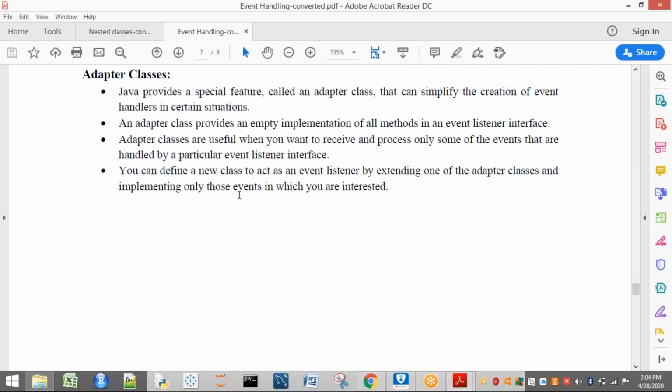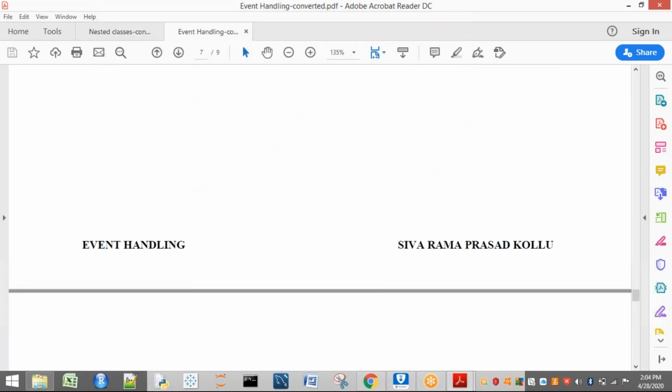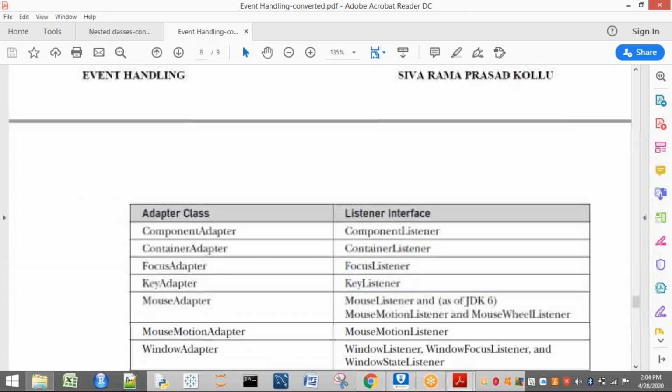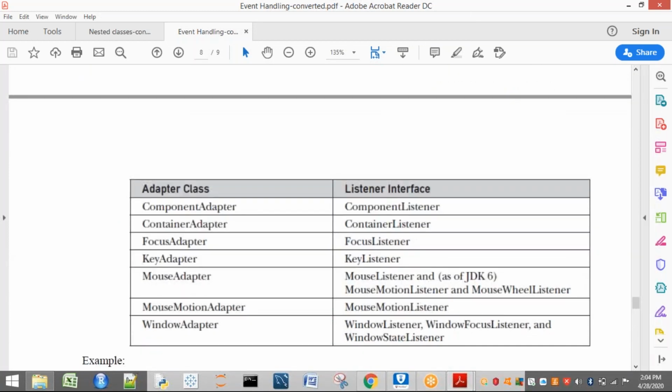So I am going to adapter classes. Before going to the example, I want to show you some of the adapter classes. I'm not focusing on all of these, just on this mouse adapter. I want to show you an example with mouse adapter. The mouse adapter implements mouse listener, mouse motion listener, and also mouse wheel listener.